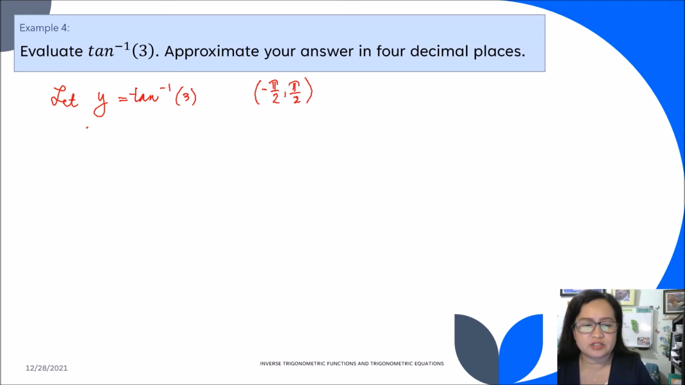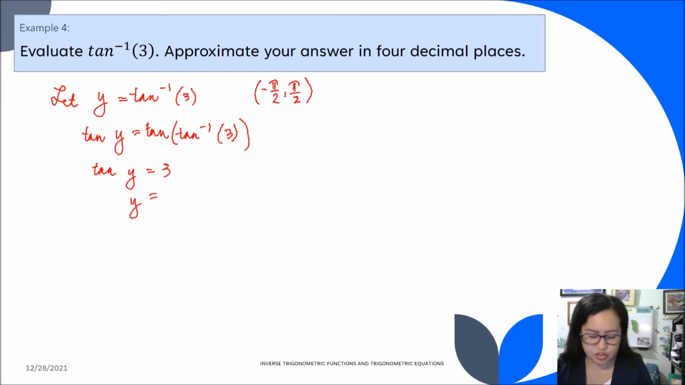Now we have to get the tangent ratio on both sides, so we have tangent of the inverse tangent of 3. Then we simplify, tangent y is equal to 3. Now using your calculator, we press shift tangent 3. We have 1.2490405. So since this is not exact, we change the symbol to